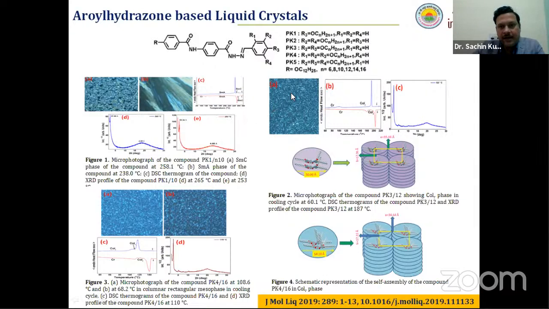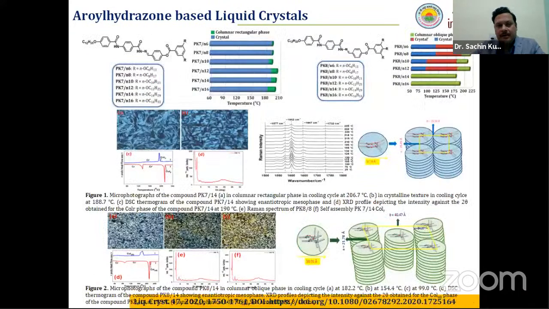You can see that again we are getting columnar rectangular mesophases with different stacking parameters, and it is well verified. Concurrent readings are there with X-ray diffraction, SEM, POM analysis, and all those analysis parameters are also there. This is the cover page article of JML. Again, that is the interesting result we are getting with the polyimide bond and ester bond to get elasticity into these types of materials in the monomeric system. I am not showing the polymeric system for these materials.